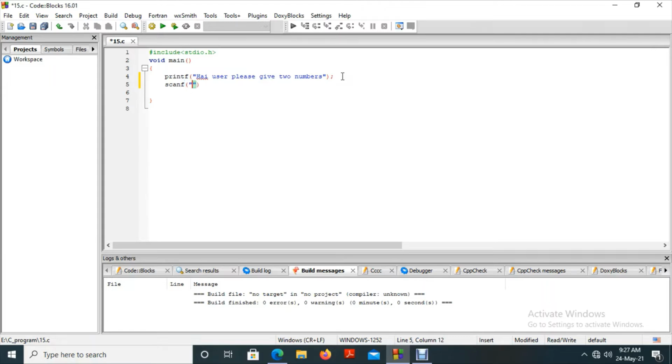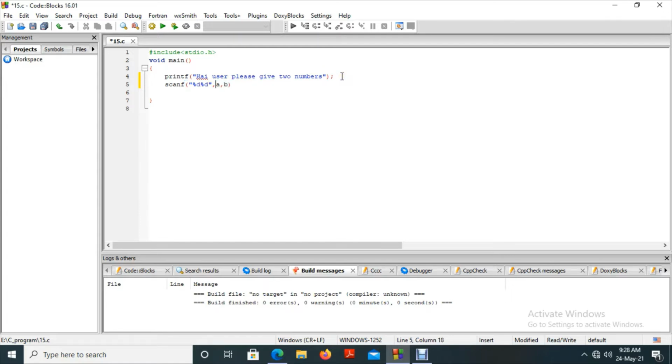For that I am using two variables, a and b, and these are integer values. So the control specifier that I used here is %d. So a comma b.